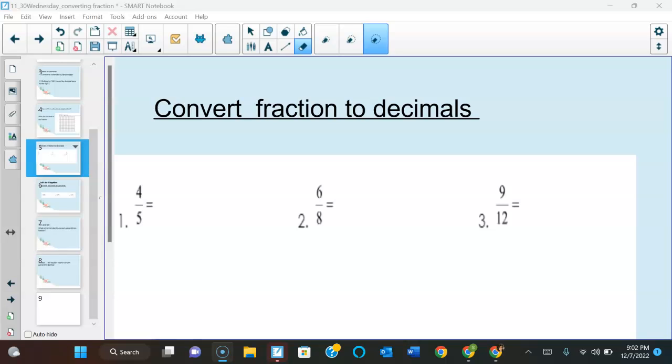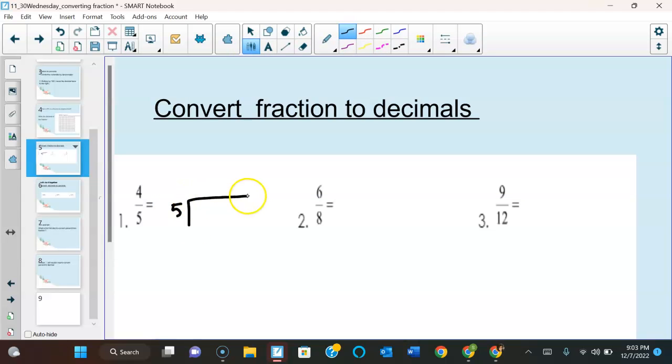So let's start with 4 over 5. 5 is our denominator and 4 is the numerator. Our denominator will always be the outside number, and 4, the numerator, will be the inside number. Now, we cannot divide 4 by 5 because 4 is smaller than 5. So we have to put a decimal point here and add 0, and pretend that this is actually